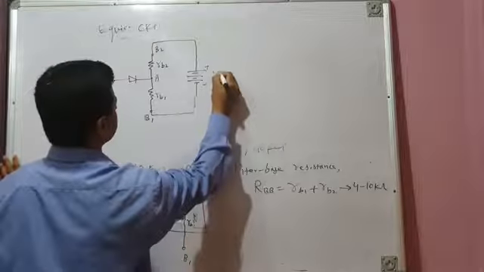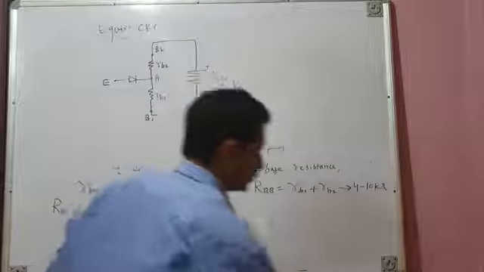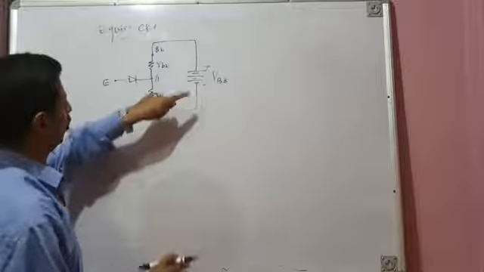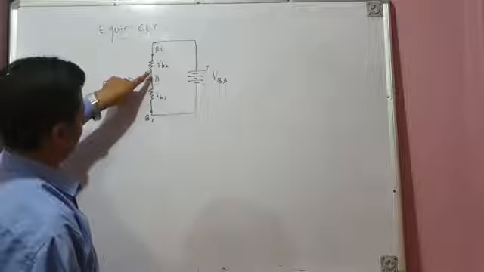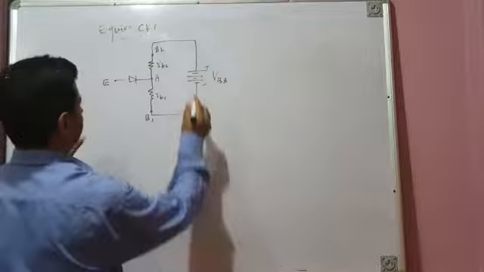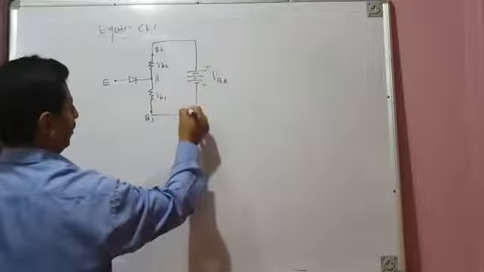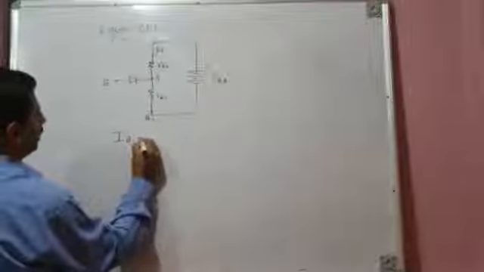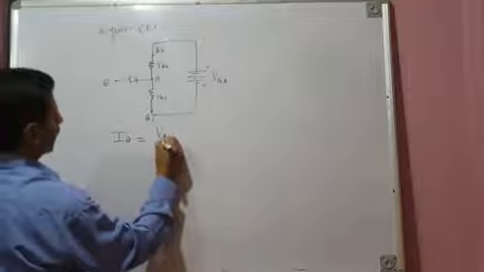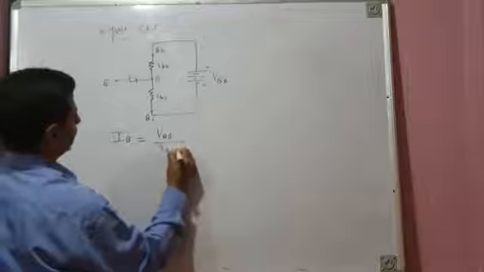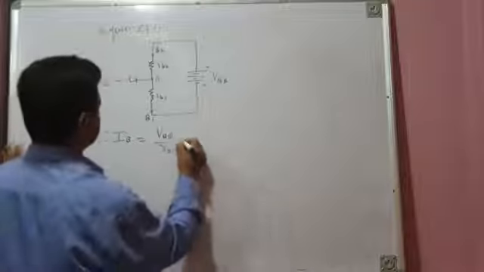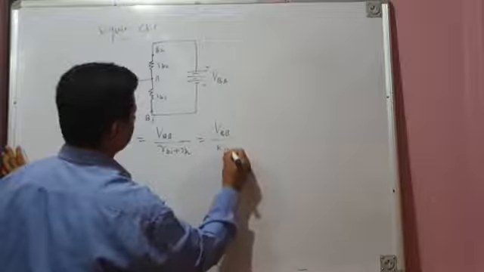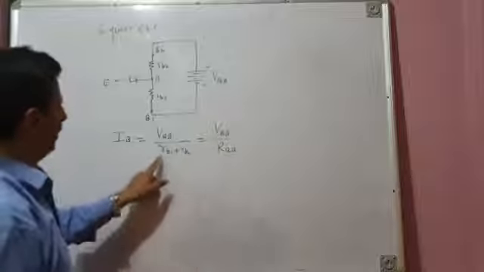The applied voltage is plus minus VBB. It's called interbase voltage, the voltage applied between the two bases. Because of this voltage, a small current of the order of a few milliamperes will flow like this. This current will be IB is equal to VBB by RB1 plus RB2, the sum of the two resistances, or we can say it is VBB by RBB, the interbase resistance, where RBB is RB1 plus RB2.